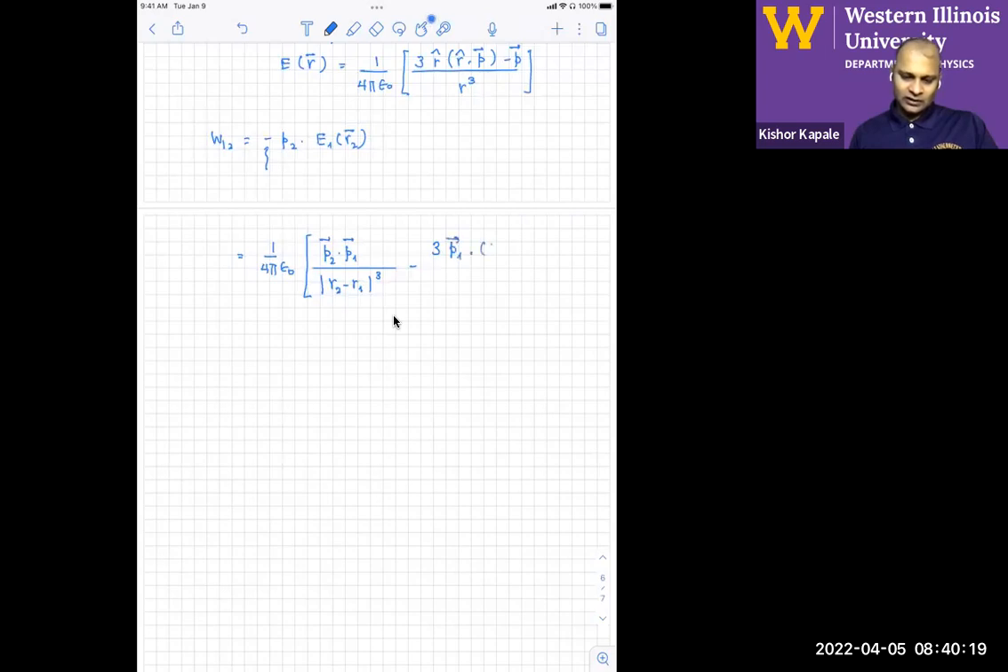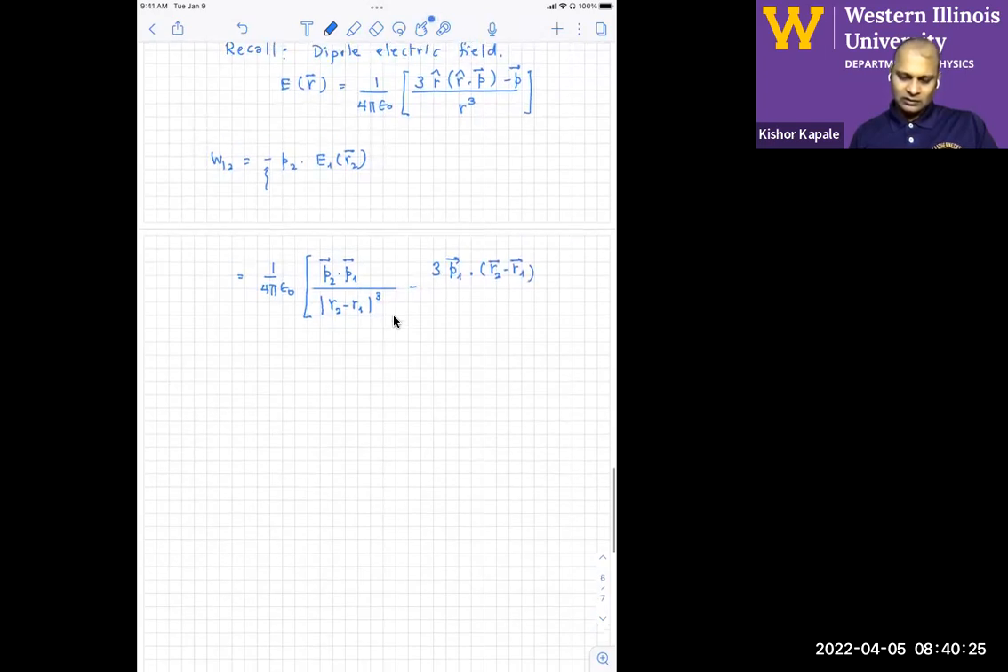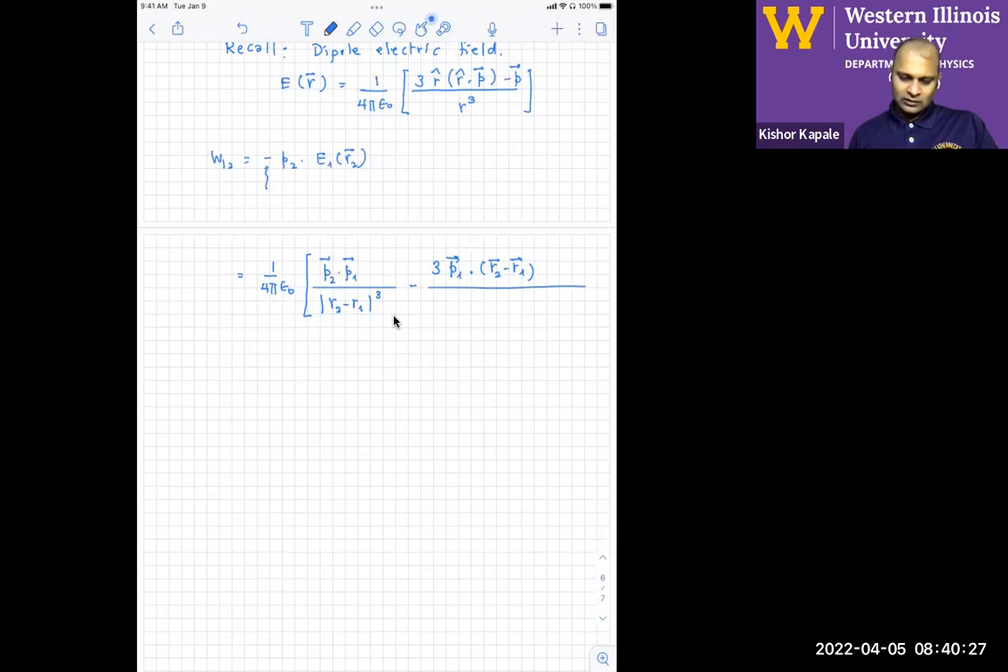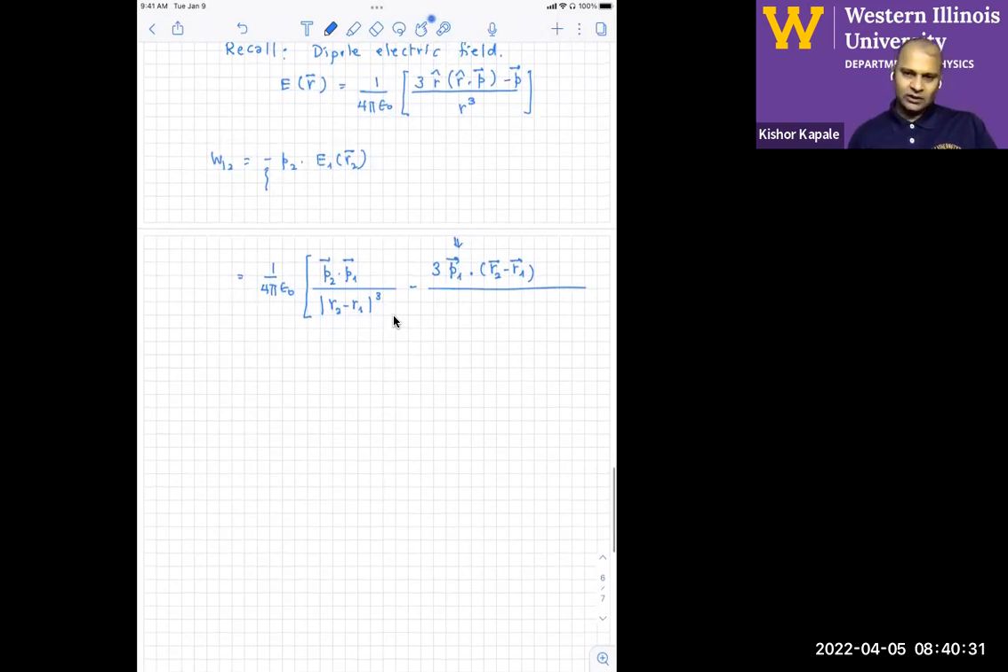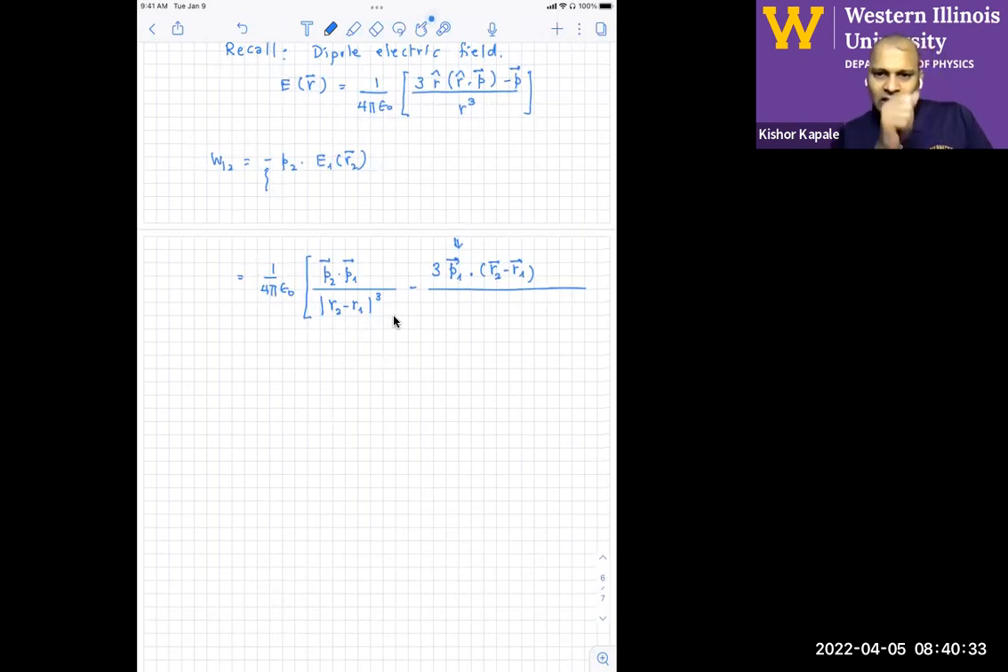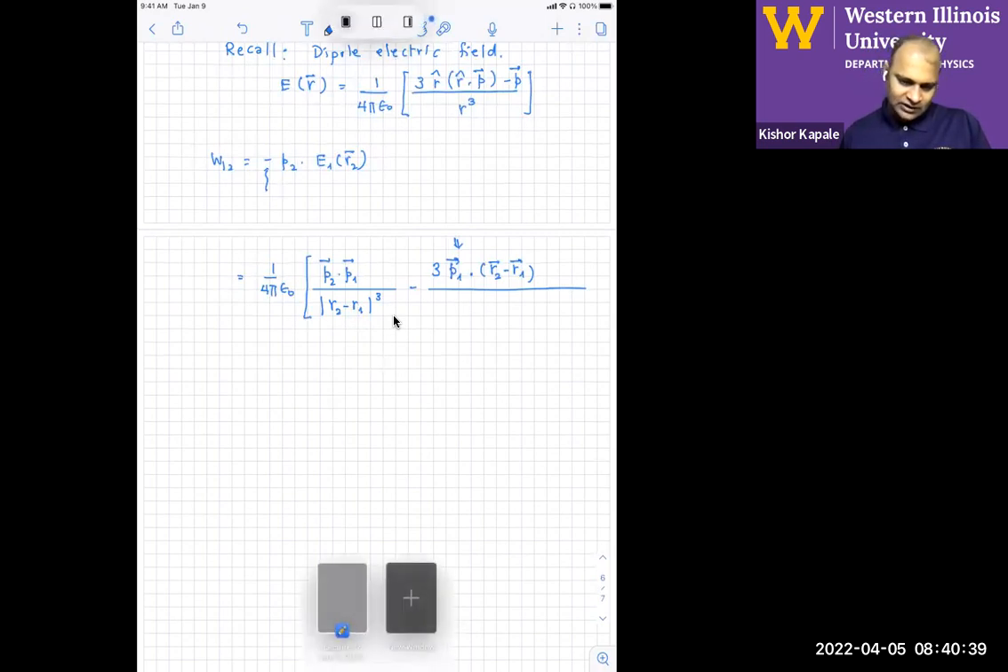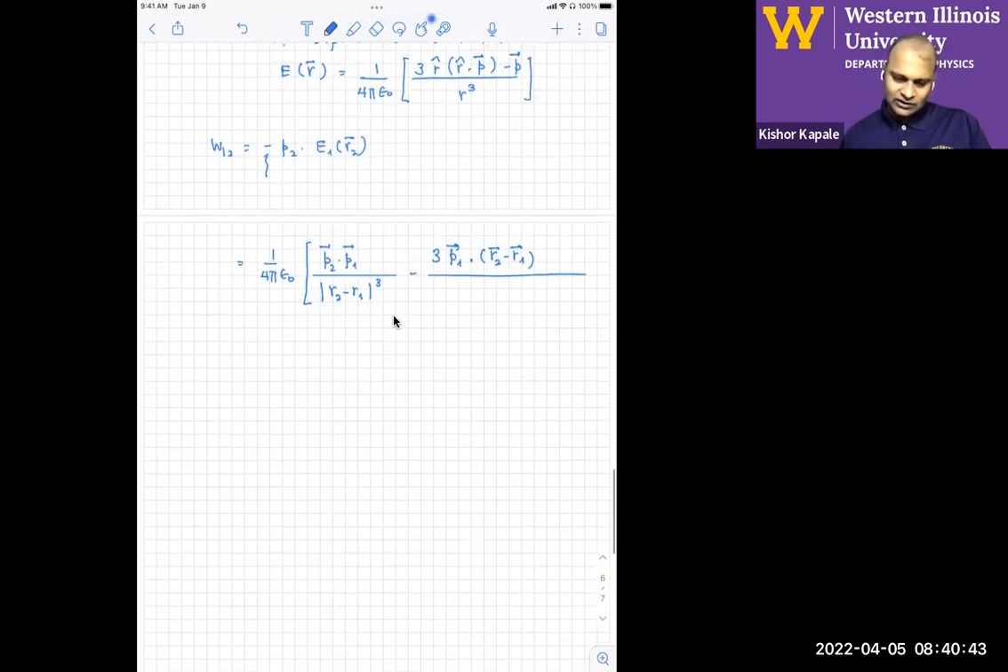P1 dotted with R2 minus R1. Okay, so this P1 dotted with comes from the outside, P1, P2. Let's see, what am I going to say there? Yeah, this is coming from the electric field. So the first term comes from the electric field. The second term comes from the